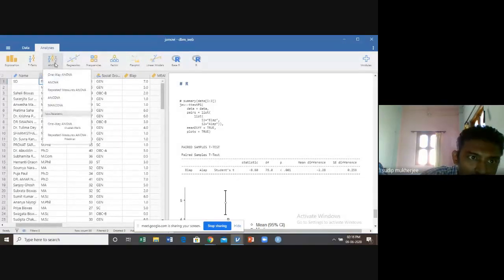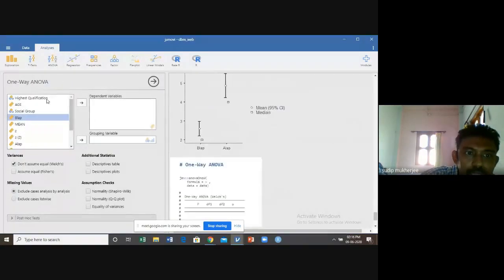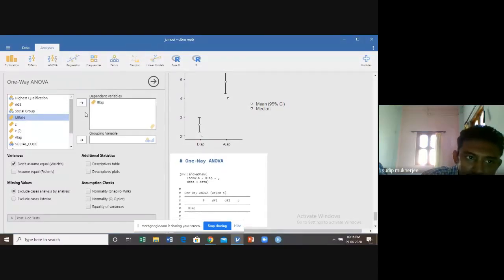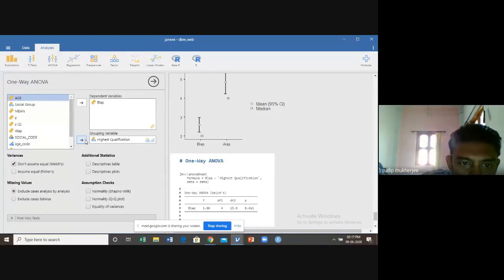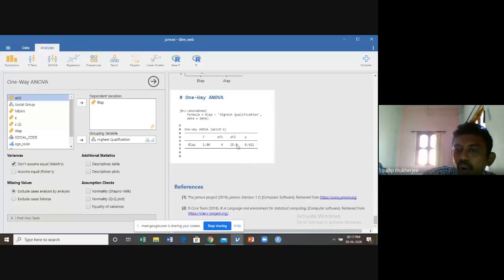So in case of ANOVA, the steps in Jamovi are: click on ANOVA, then click on one-way ANOVA. Then the dependent variable is the continuous variable B lab. I consider B lab, and the independent grouping variable is highest qualification. The objective is whether computer usage varies qualification-wise or not, and the result is a p-value of 0.441.